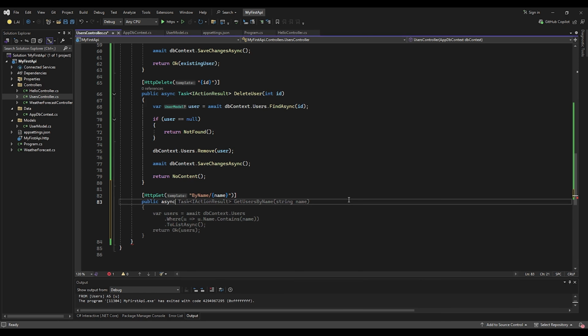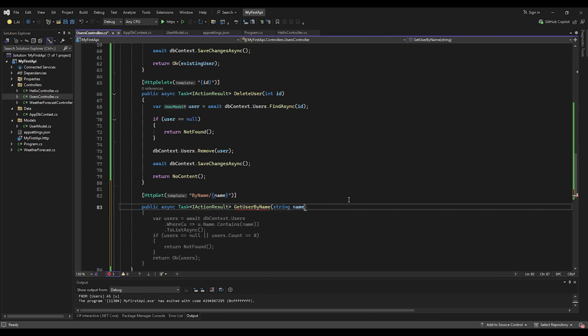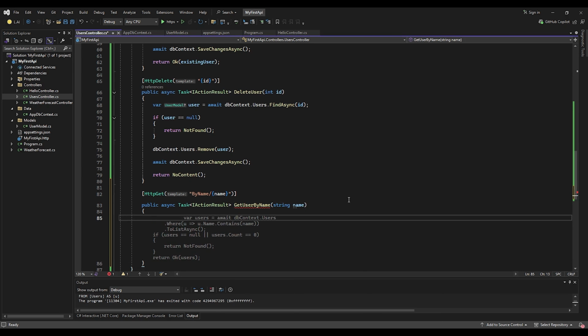Okay. Public async Task IActionResult GetUserByName. Okay, as a parameter we write a string name. Okay, and here a little bit different. Var users equal await dbContext.Users